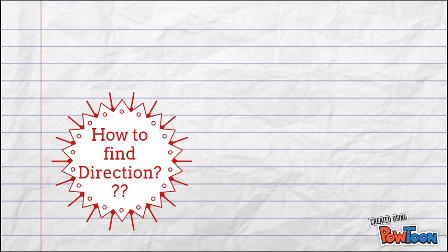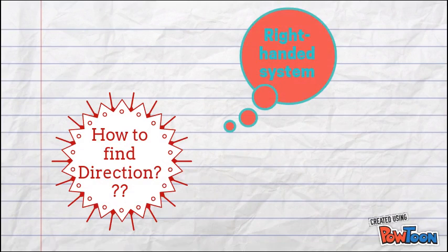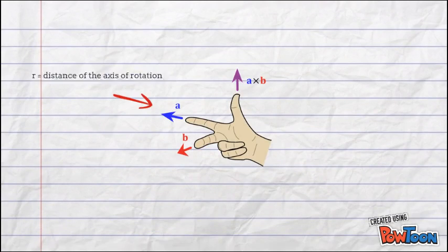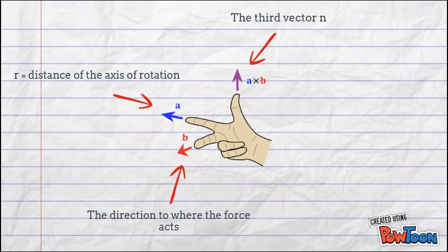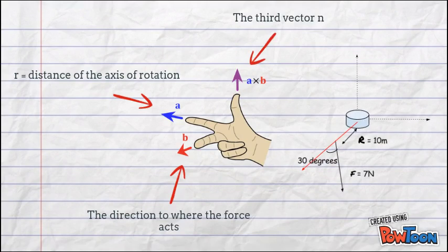But how do we find the direction? Now, the direction can be found by using the right-handed system. Now, in this case, when you are using the right-handed system, your index finger will represent the R, while your middle finger will represent where the F is pointing. Naturally, your thumb will point towards a certain direction. Now, in this case, it will point outwards from the paper, or from the representation of 3D diagram,